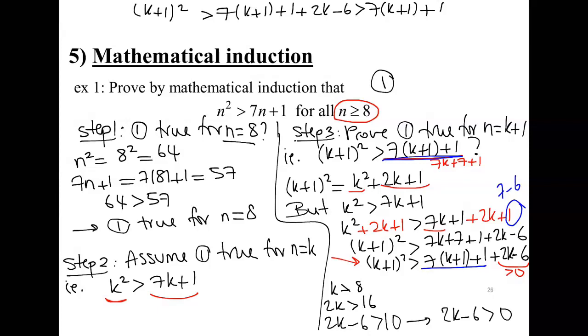So by transitivity, if a is greater than b and b is greater than c, then definitely a is greater than c. Therefore, I conclude that k plus 1 all squared is greater than 7 into k plus 1 plus 1, which is the statement I wanted to prove for rank k plus 1. Then I deduce that 1 is true for